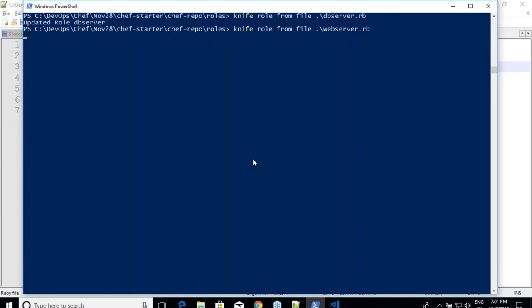Now what I'll do is log in to the Chef server and then look at it in the UI. From here you can always query knife role list, which will tell you what are the roles that are available. But I want to see it in the UI, and then we'll verify whether the roles are popping up or not. After we are done with these roles, let us create environments, and then we will bootstrap 4 machines, 2 Ubuntu and 2 Red Hat machines, and then let us apply some stuff.